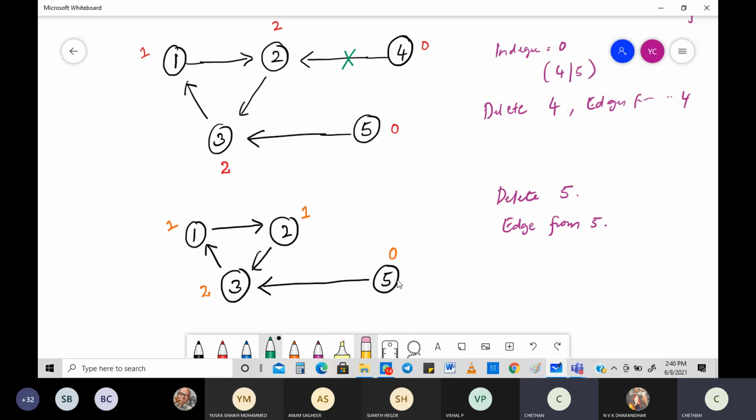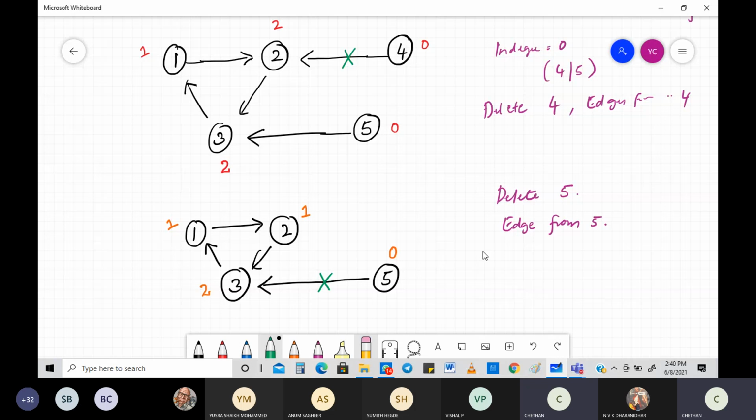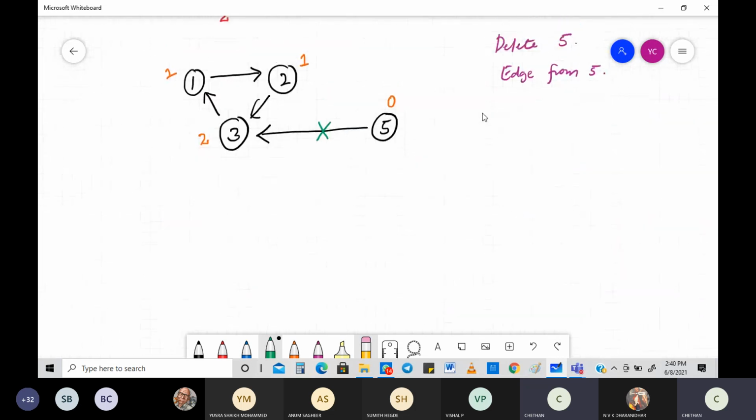If I delete that, what is the edge to be deleted from here? Obviously this one. So if I do that, what is the next thing to be kept in mind? This is where the problem will stop, or will go mad, right here. I'm going to write only those things that remain. See, this 5 and that edge are deleted, so this will be remaining.